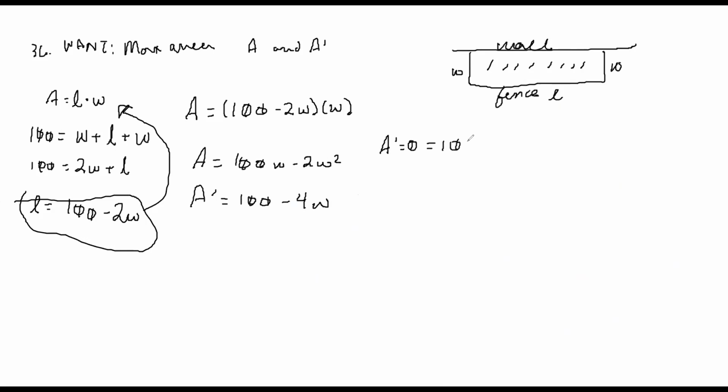This is 100 minus 4w. So minus 100 is equal to minus 4w. Minus 4 over minus 4w is equal to 25. Okay. So area is going to, okay. You can't really have a graph that best explains this logically that you can pull out of the equations that we have. So